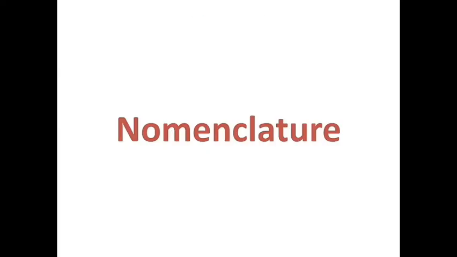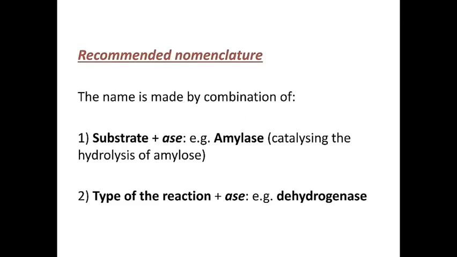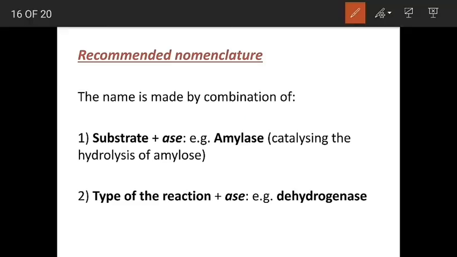Now let's look at how the nomenclature or the naming of the enzymes is given. There are various types of nomenclature processes. One of them is the recommended nomenclature. The recommended nomenclature is simpler than systematic nomenclature but yet systematic in a way, and it is often used in routine practice, and the name is made by a combination of two, that is one substrate and